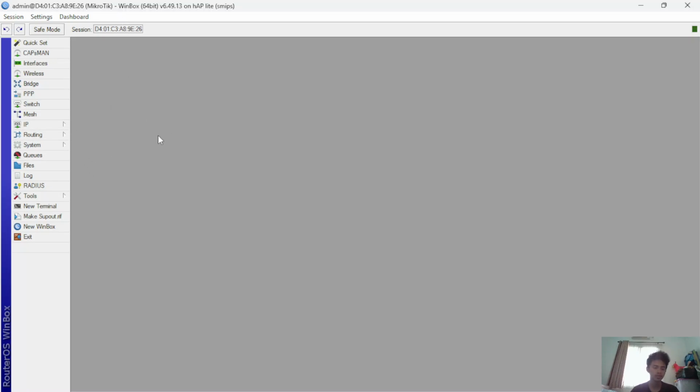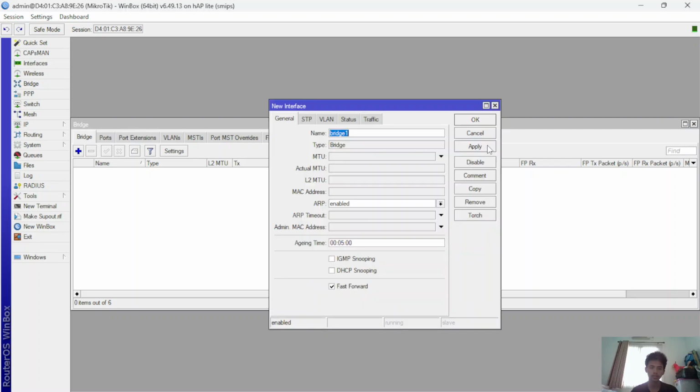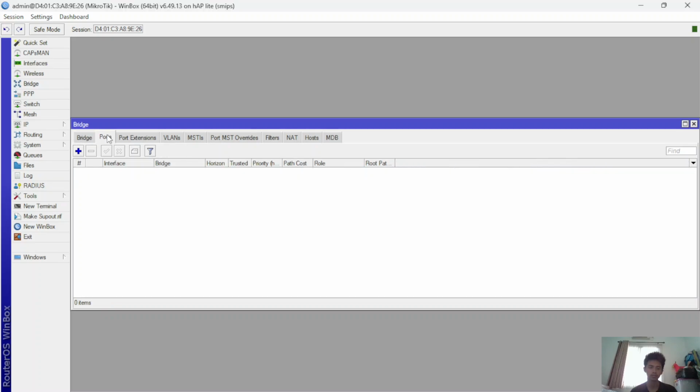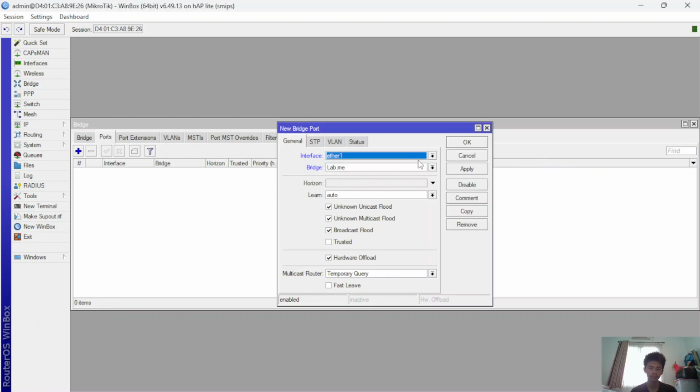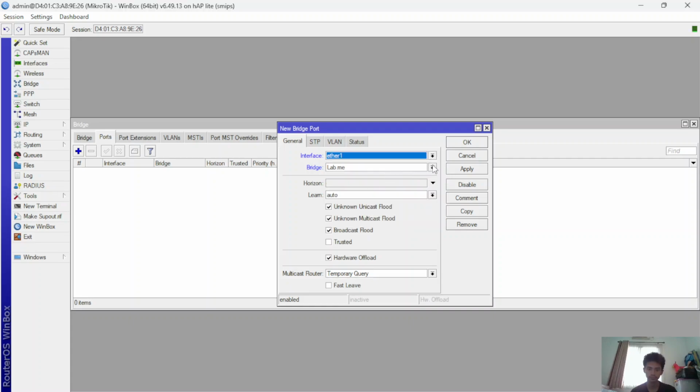Step 1, you can go to the bridge. You create the bridge name, my bridge, let me apply. Okay, the ports connect to the bridge. Interface 1, let me apply.